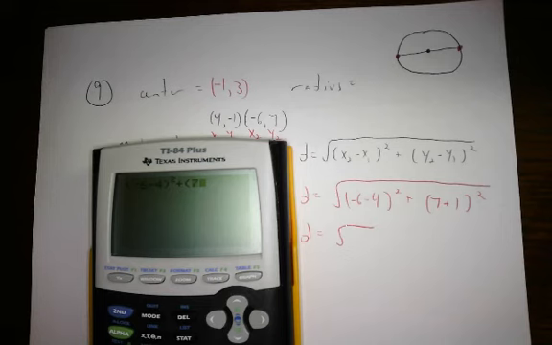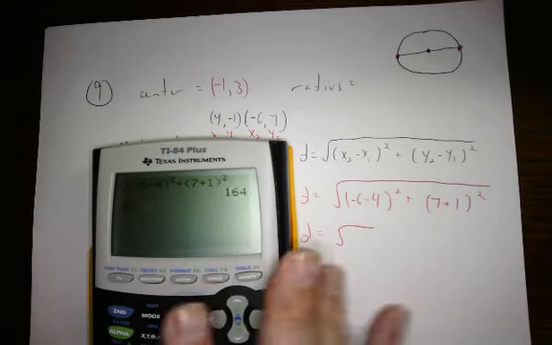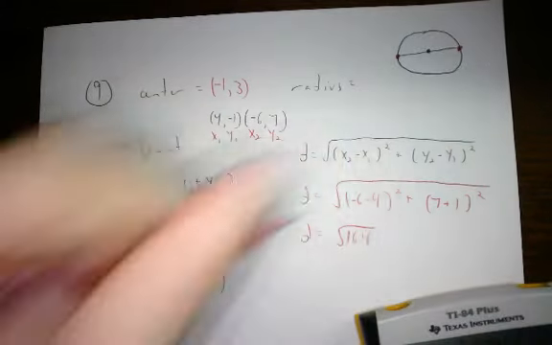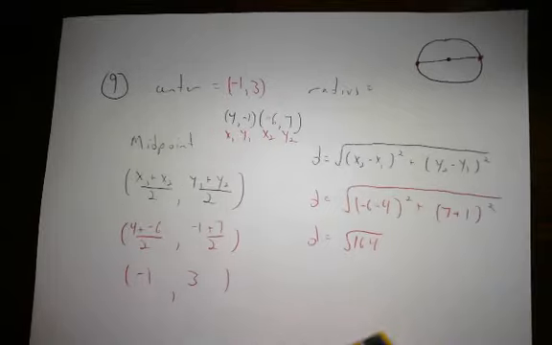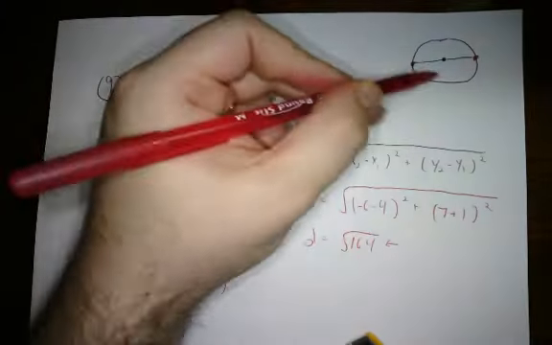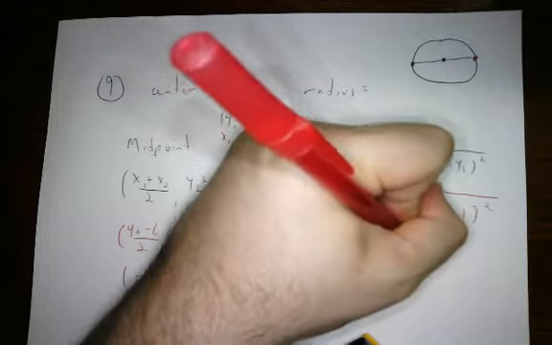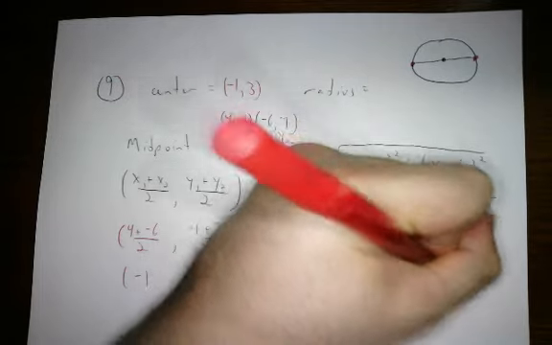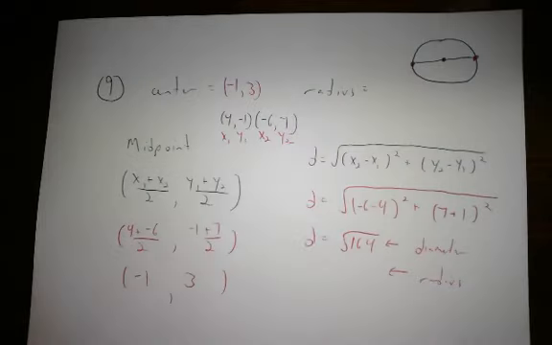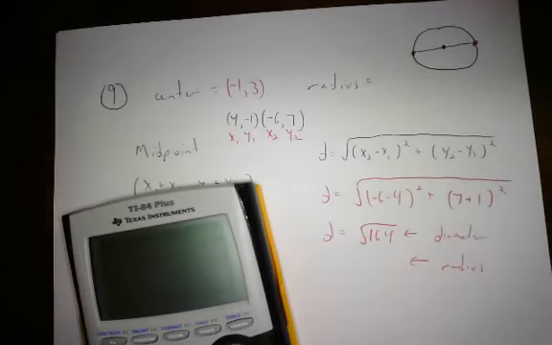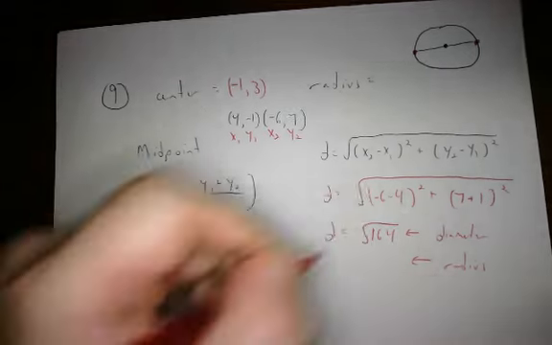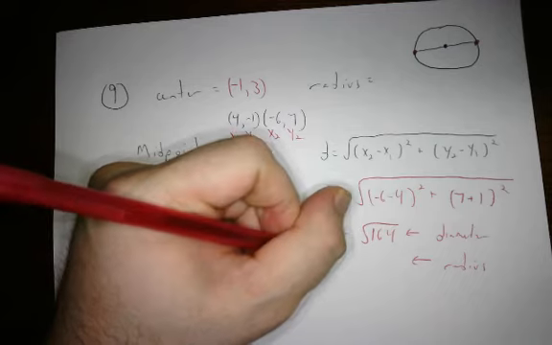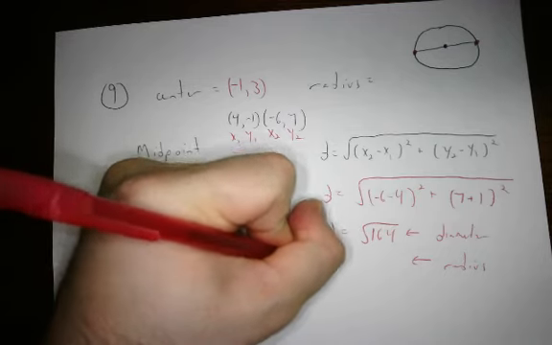So you can see, negative 6 minus 4, I'm putting the radicand in, plus 7 plus 1 squared. The radicand comes out to be 164. Now what we have to remember is that, since that went from the endpoints of the diameter, that represents the length of the diameter. We need the length of the radius. So we're going to take that radical 164 and we are going to divide it by 2, and I get